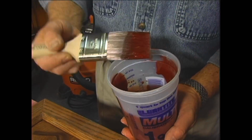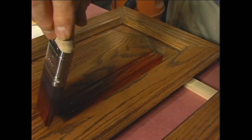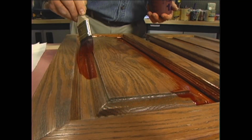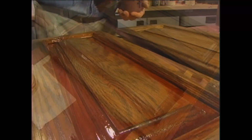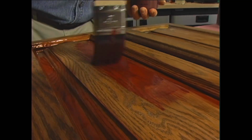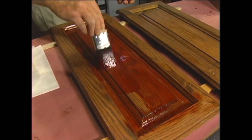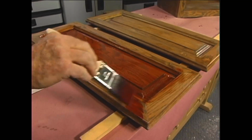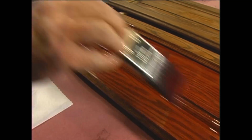I load my brush with finish and begin by coating the details in the panel. Then I move on to the flat surfaces. One thing I always try to keep in mind is that I'm applying both color and top coat. The key is to put down a smooth, even film and not to overbrush. If I want a more intense color, I'm much better off applying a second coat after this one dries than trying to pile on too much